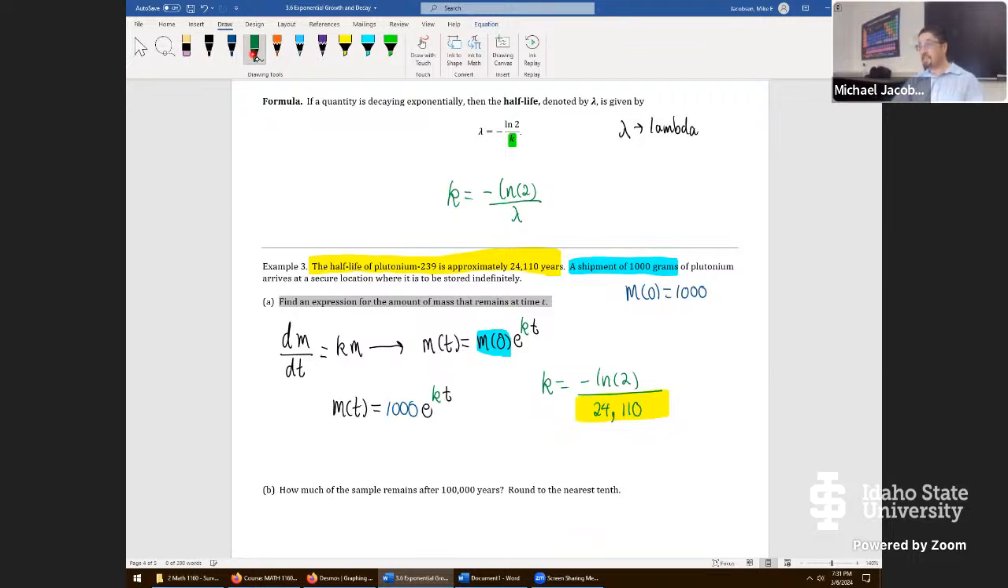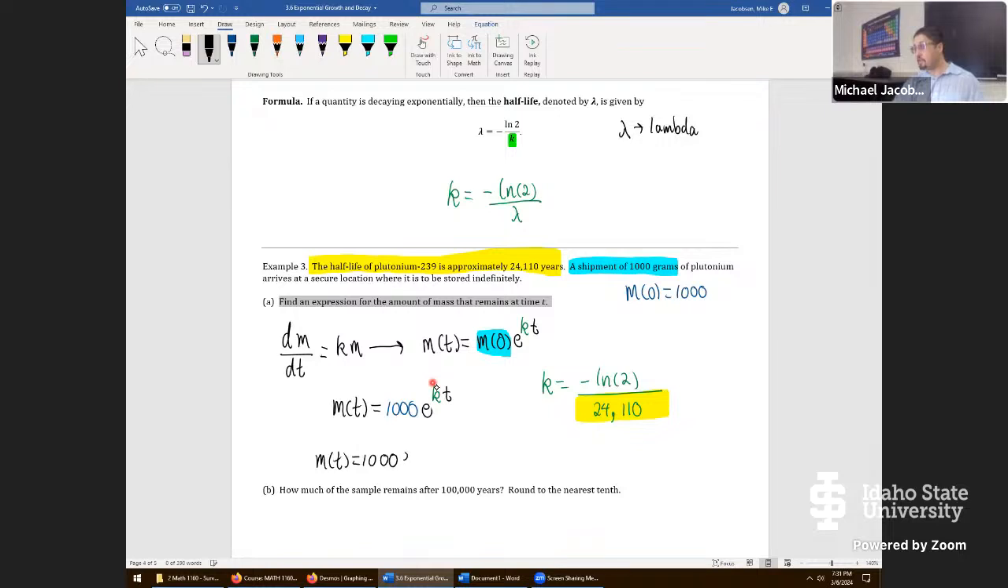24,110. So we've pretty much got it to that stage. We're going to write down the whole function now. It's going to go like this. It's almost unfortunate because you can approximate this and get some high-level precision, but what we want is the exact function. K has got to go exactly right there, so mass at time t